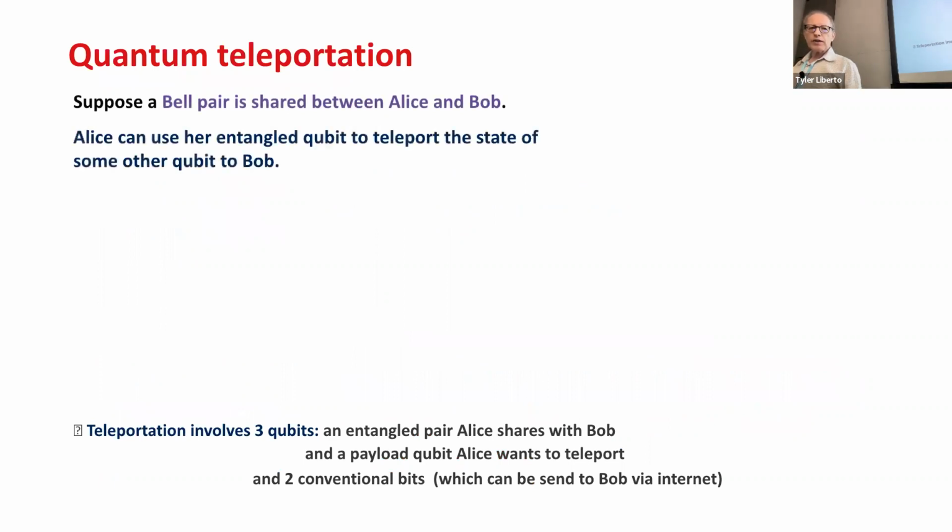And there I suppose that I have a Bell pair, which is shared by two persons, Alice and Bob. It's a typical thing in physics, so it's always ABC. Alice can use her entangled qubit to teleport the state, so the information that she has with the third qubit. And Bob can figure out at the end what is the state of the third qubit. But no one else can figure that out, because the requirement is that Alice and Bob have to have at least one entangled pair